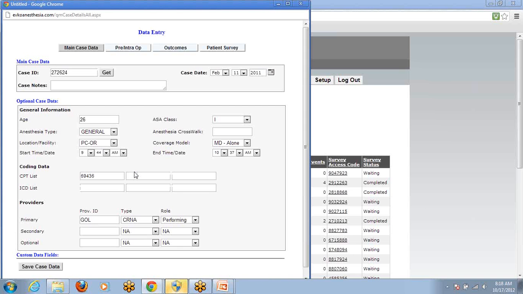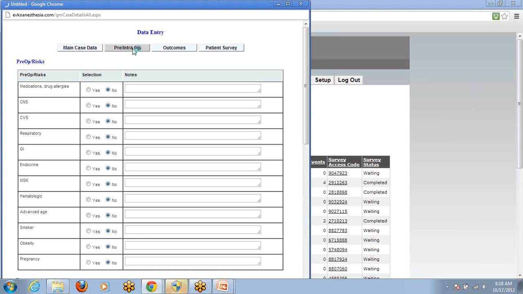On the top of the page, we have links to pre-intra-op, outcomes, and patient survey. On these pages, we would enter quality indicators, outcomes, and patient survey for each case. On the pre-intra-op page, a practitioner would enter any risk of event and performance indicators. Note the indicators that you see on this page were selected on the setup pages, and the list will be